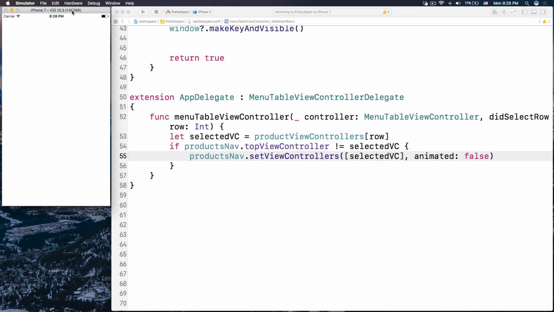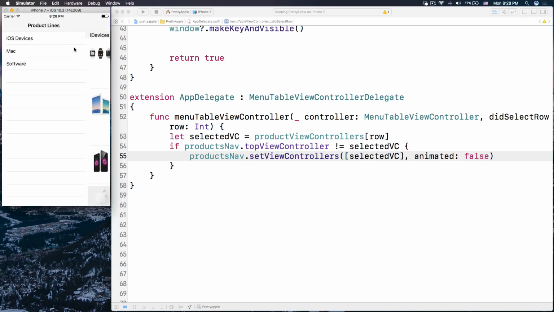Now let's see. Here we go. We select iOS device. It's still there because the top view controller is still the selected view controller. Software, we change this. Beautiful. Mac, change. Right? Now, what we want to do next is whenever we click here, we want to deselect the